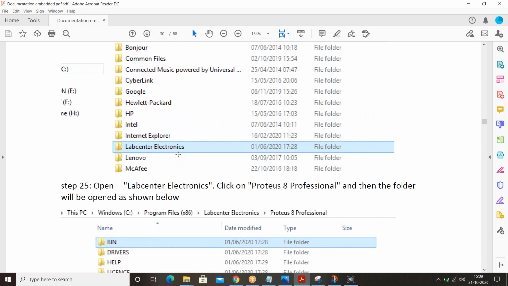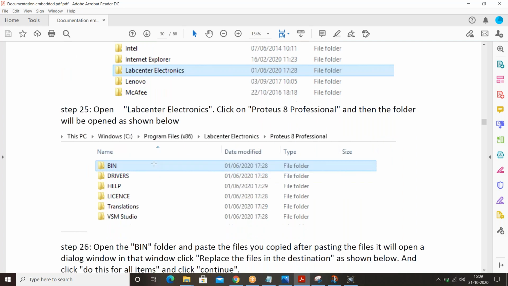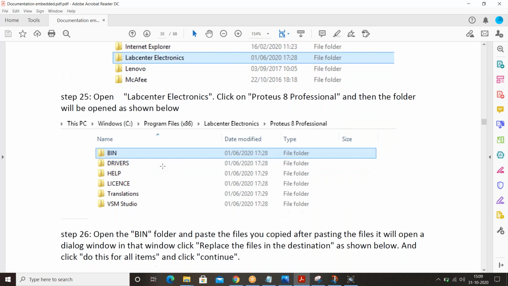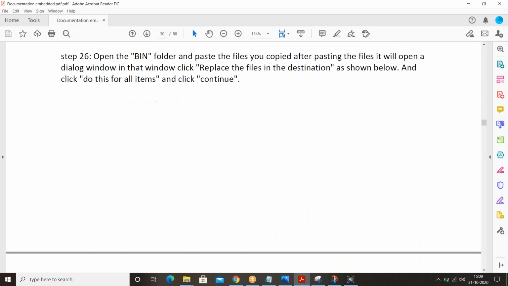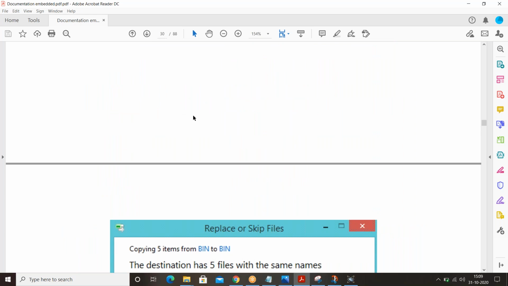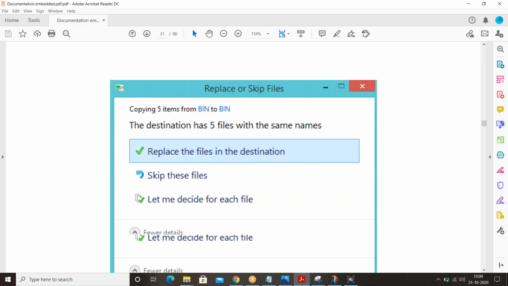In this Lab Center Electronics, you'll get a bin folder. Open that bin folder. Paste the files you copied here in this bin folder.